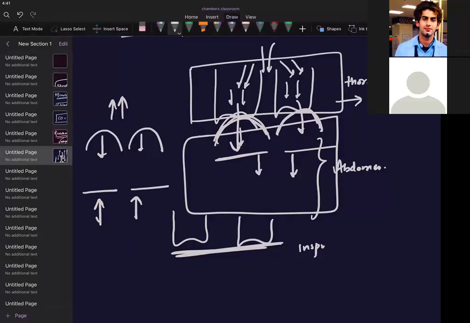So intra-abdominal pressure will increase when you are doing the inspiration. Listen to my words: intra-abdominal pressure. But what is happening in the thorax? The intrathoracic pressure is decreasing. You are making it negative. Are we clear? Because you are expanding the cage and you are also pushing the diaphragm down.